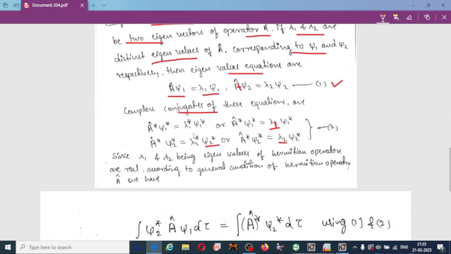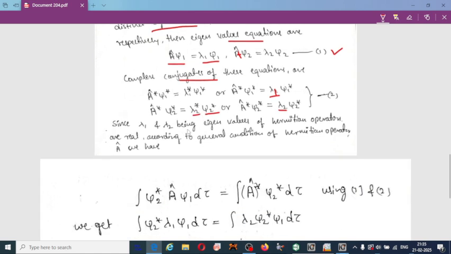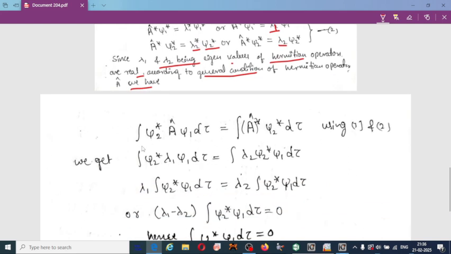So we can take lambda 1 star equal to lambda 1, lambda 2 star equal to lambda 2, being eigenvalues of a Hermitian operator which are real. According to the general condition of Hermitian operator A cap, the integral